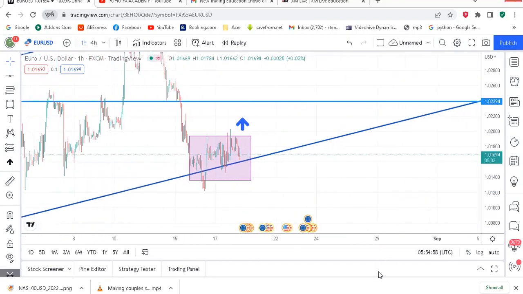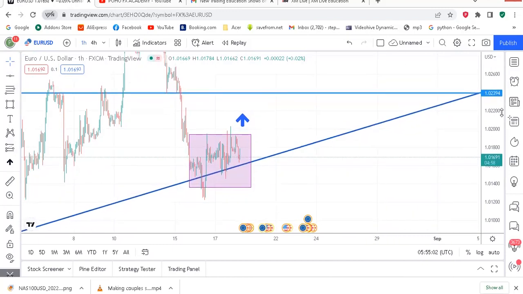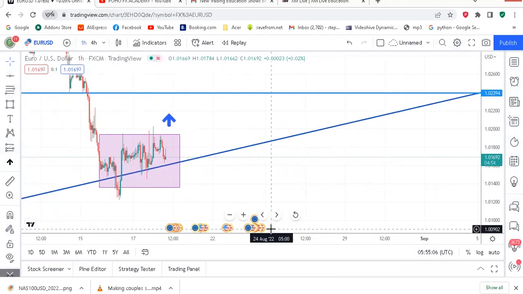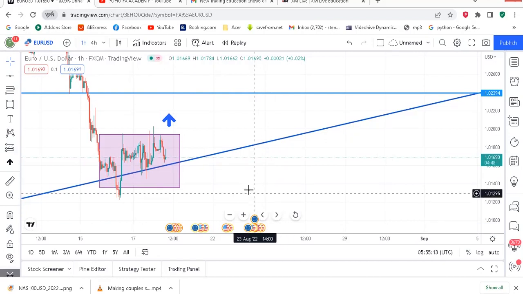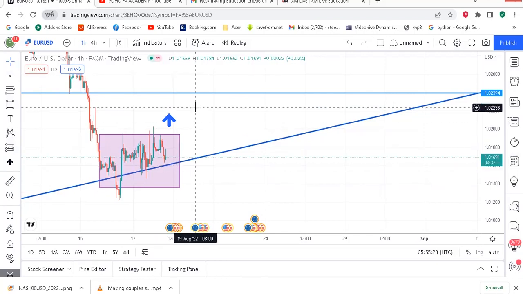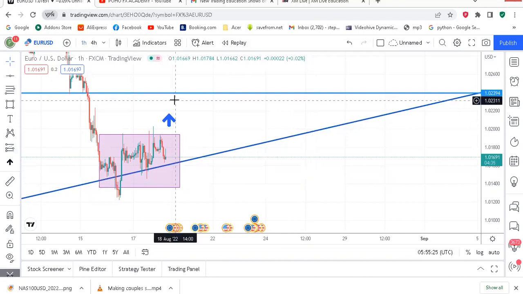However, I'm a bit concerned with this 1, 2, 3 because we're seeing a lot of rejection from this side. So it could potentially try to at least get back here before it continues to go up. But market is not about sitting there thinking about it for a very long time. I'm seeing a possible turnaround for a buy market. Also, I did say we're in a range. We're in a long term buy market from daily and 4 hours. So because of that,